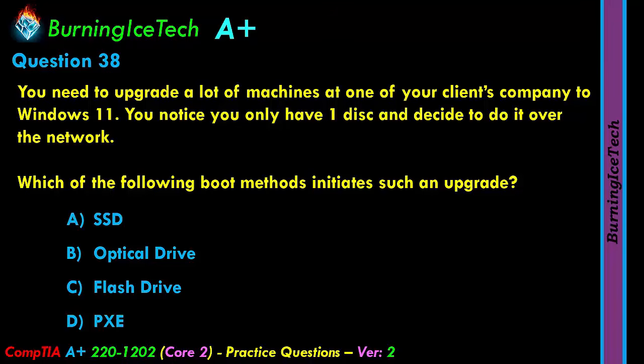B, optical drive. Now that is a method to install Windows. Yes, it is. But it's only going to work on one machine at a time. And these days, that's assuming you even have an optical drive, but that's not what this question is about. I'm sure you guys would have noticed most machines these days don't even come with optical drives anymore. But assuming you even have one, that will allow you to install Windows 11 on that machine and that machine